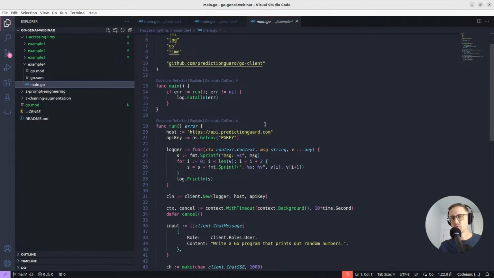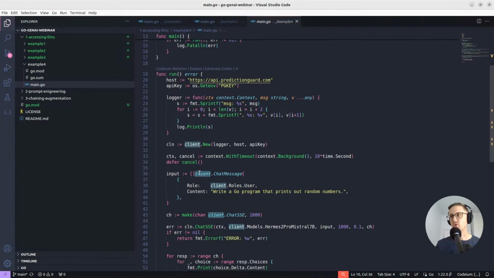Most of these APIs will handle this streaming via server sent events, not a WebSocket or anything like that. So you actually send the message and then events are sent back to you. And those events are these partial completions. The way that this works in Go with the Go client is that you create your new client